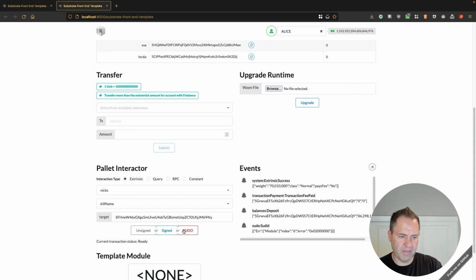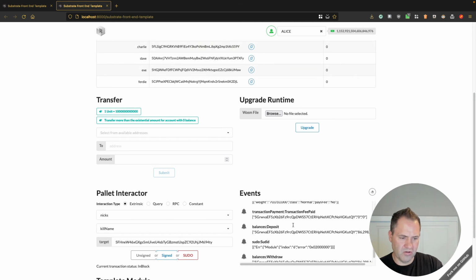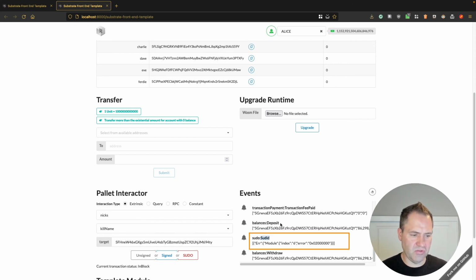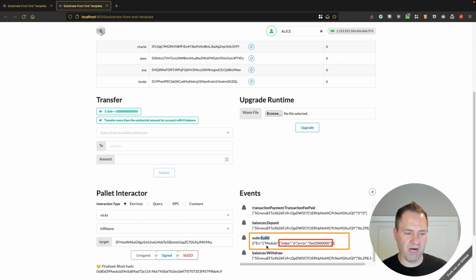All right. So we made a withdrawal and sudo failed. Okay. And we still pay the transaction fee. So sudo failed. So what it tells us here is index 6 error 2. So what does that mean? Well,